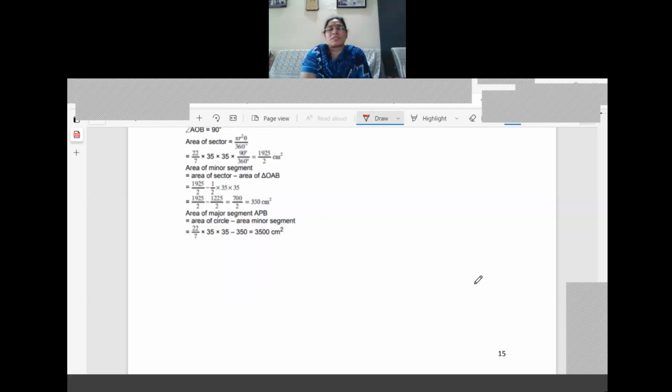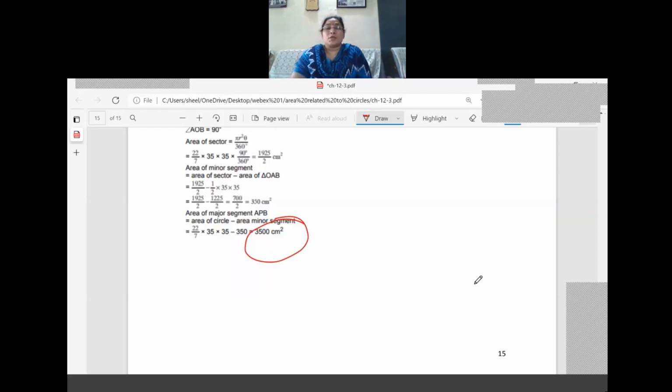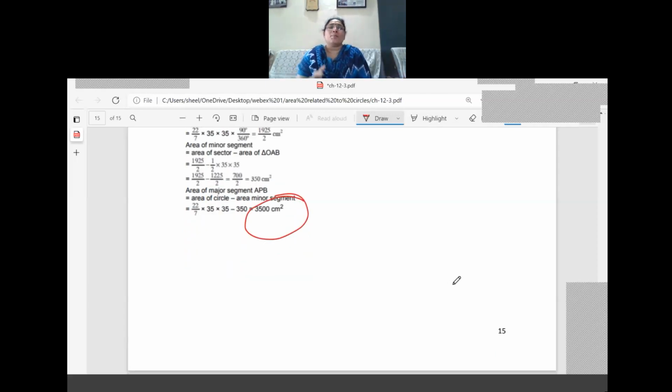Yes, ma'am. Okay, so to check your steps, write down the formula once again, substitute and calculate. If it is not correct, somewhere you are wrong, so go through the steps once again, right? So with this, today's class I'm winding up. For area of the minor segment, I had given one easy formula. Based on that, you should try.